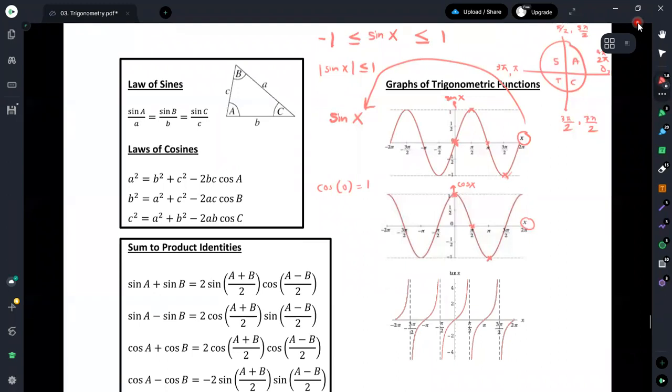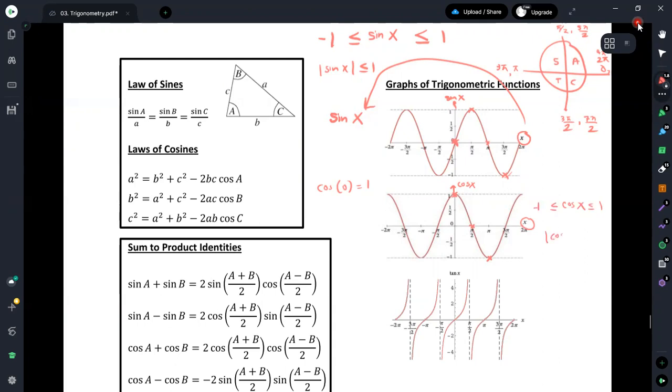Likewise, if you extend this, at 3π/2 it is 0, and again once it comes to 2π, then it will become the value 1. Therefore, this is the graph of cosine, and if you measure the angles in the clockwise direction, you can have the minus values. Once you plot those minus values, again you can get the graph in this form. Therefore, this is the graph of the cosine function, and here also you can see that the cosine graph is in between +1 and -1.